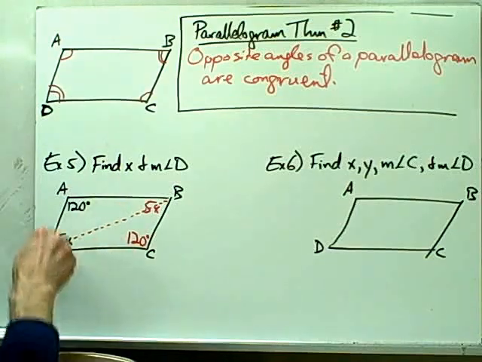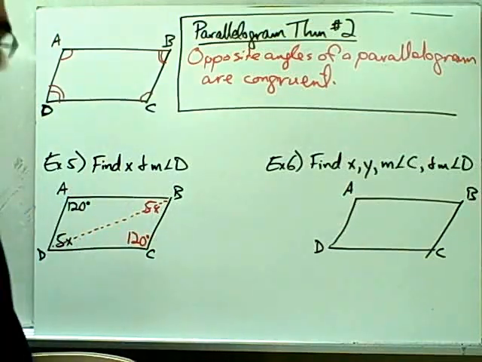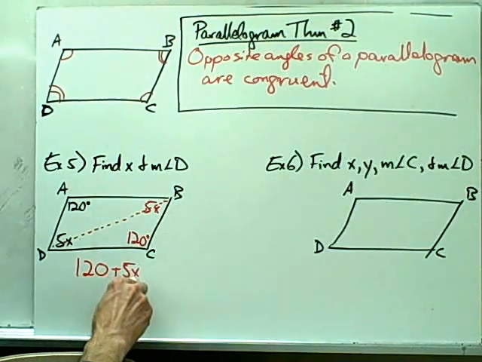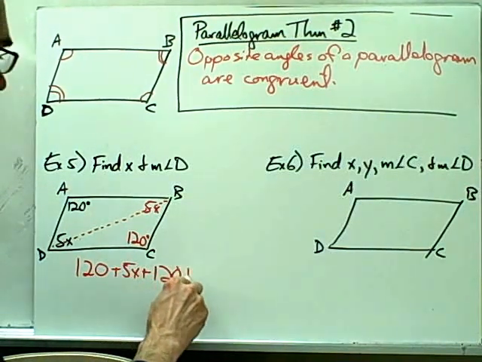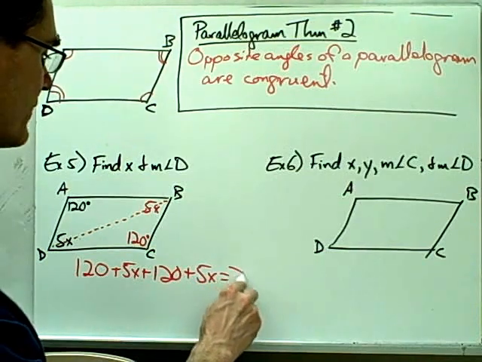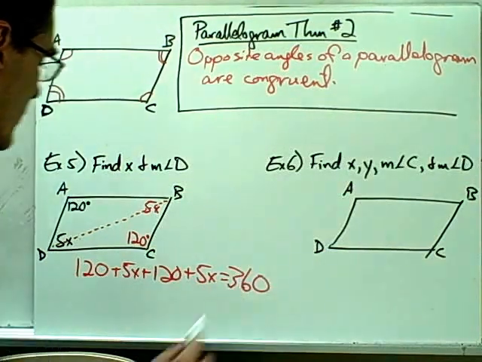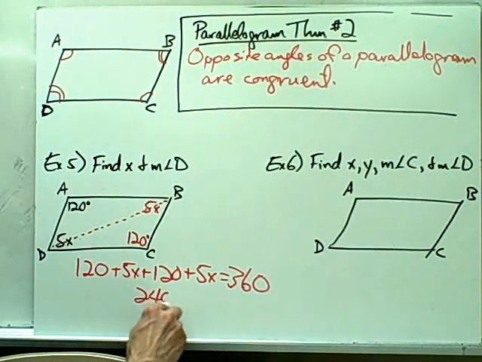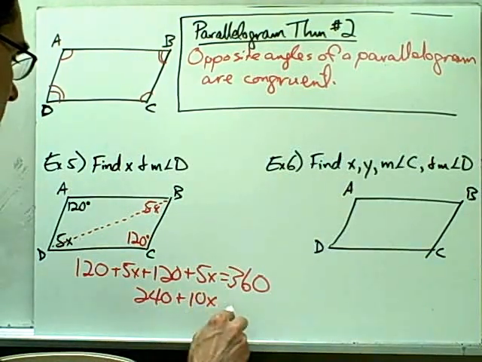So I can add up all 4 of these angles and set it equal to 360. So 120 plus 5x plus 120 plus 5x is equal to 360. So that's 240 plus 10x,